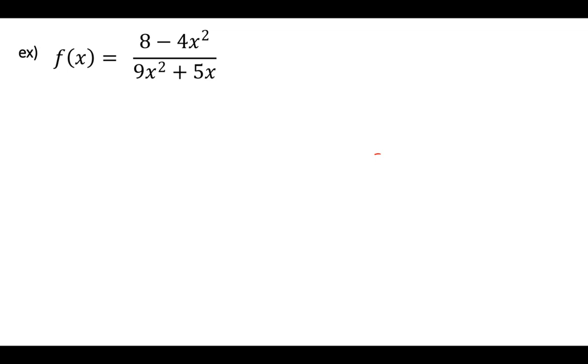All right, so next we've got a rational function. All we want to do in these is identify the biggest powers in the top and the bottom. So we've got the top one there, here, and just kind of view this as -4x squared over 9x squared, like that. Right. So the limit as x goes to positive infinity of this function,